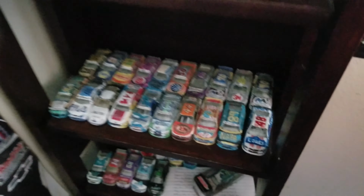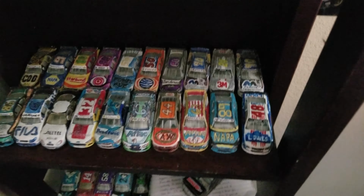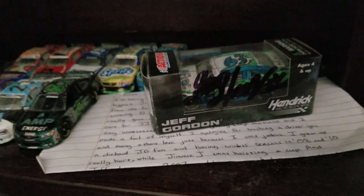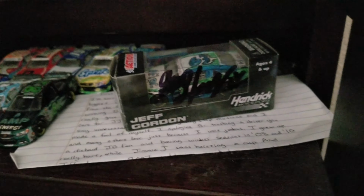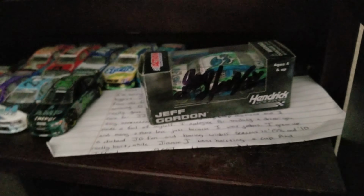Also, I used to make custom diecast back when I was younger. I don't really care for these anymore, but I keep them around just for old time's sake. And then down here we have a couple more, and a custom diecast not made by me, but it has Gino Harvey's signature on it. Now, for anyone who is into stop motion still, I liked it for not too long an amount of time and got out of it when I grew up a little bit more, but